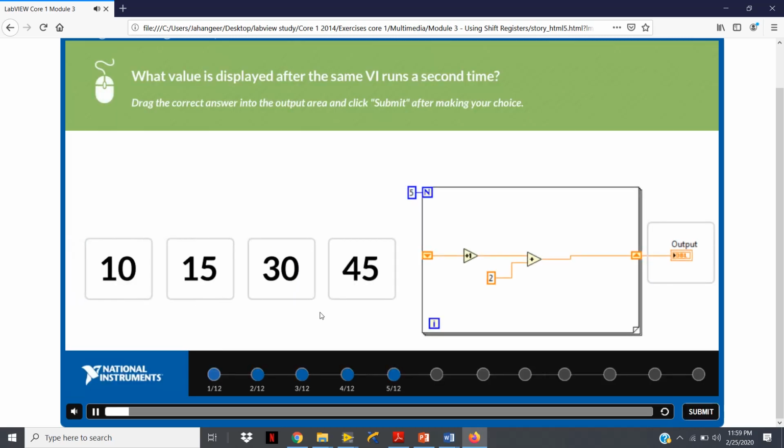What value is displayed after the same VI runs a second time? If you hit the run button a second time, here you see the output was stored, 15. So this 15 will be fed back to here. 15 plus 1 will be 16 plus 2, 17. 17 plus 1, 18 plus 2, 20. 20 plus 1,